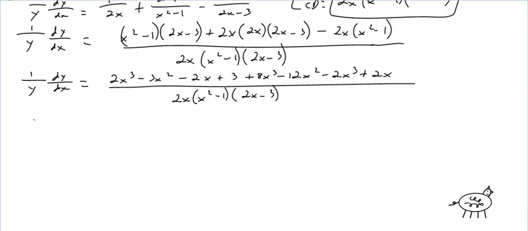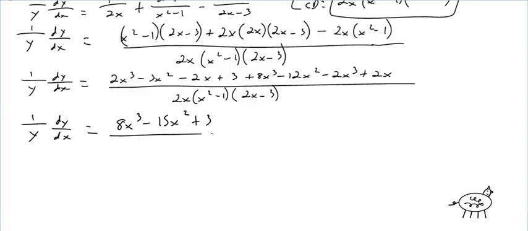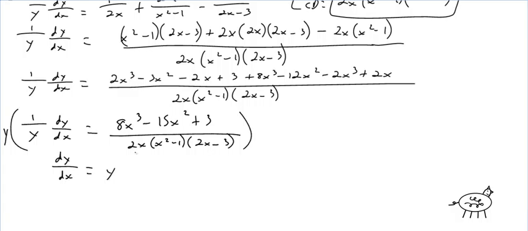Alright, so combine like terms, I get 1 over y, dy dx. And it actually goes nicely. We have 8x cubed minus 15x squared plus 3 all over 2x, x squared minus 1, 2x minus 3. Okay, so I simplify the top as much as I can. Now all I'm going to do is multiply both sides by y. So I'm going to get dy dx equals y times